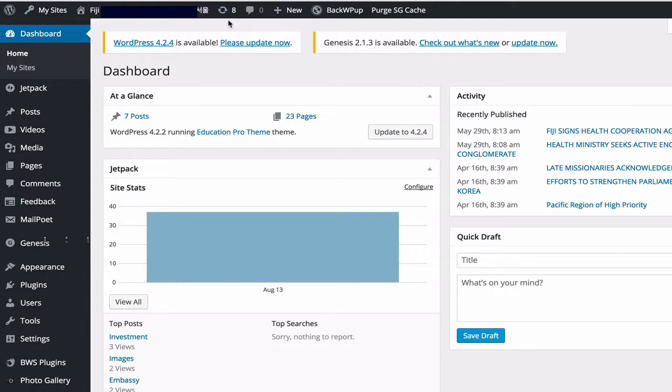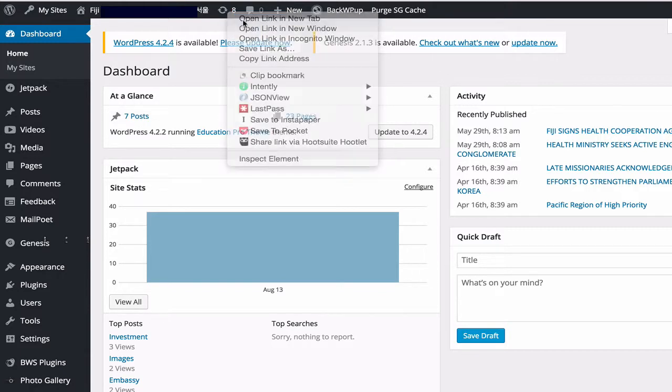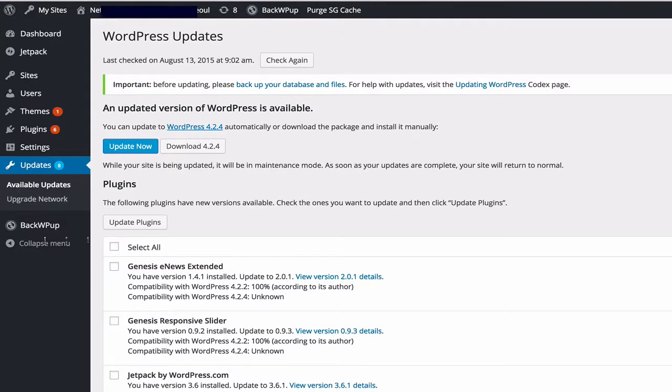So anyway, basically I'm just going to go ahead and open this in a new tab, just so I can leave those open. Okay, so once this loads up,